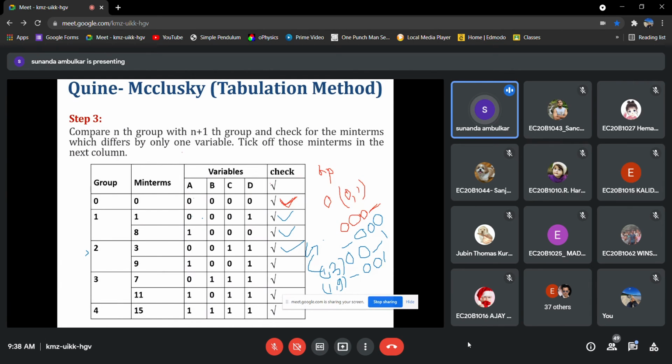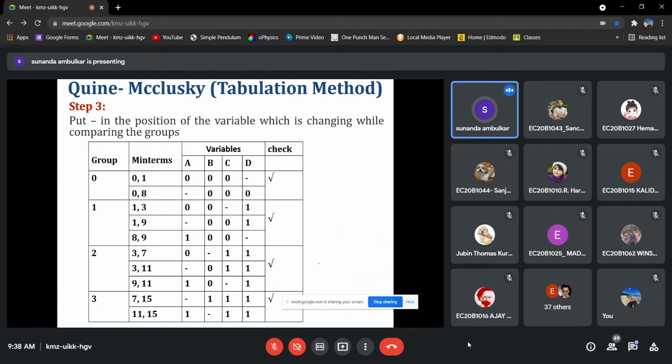In the second table, in this min terms column, we will write the compared min terms. So this is the second table, in which we have compared each and every group, and we have put the dash at the position where only one variable is changing.